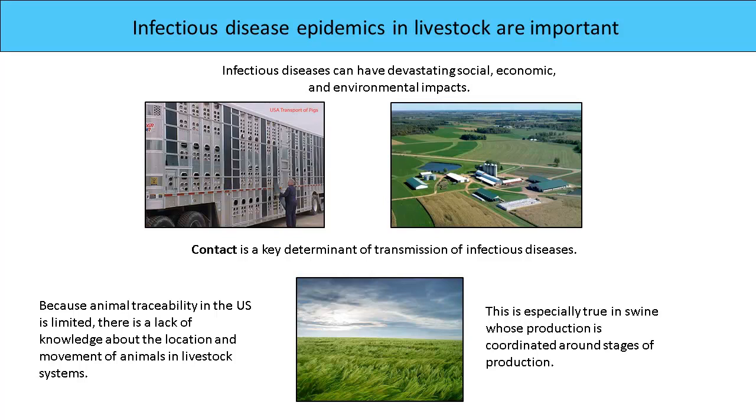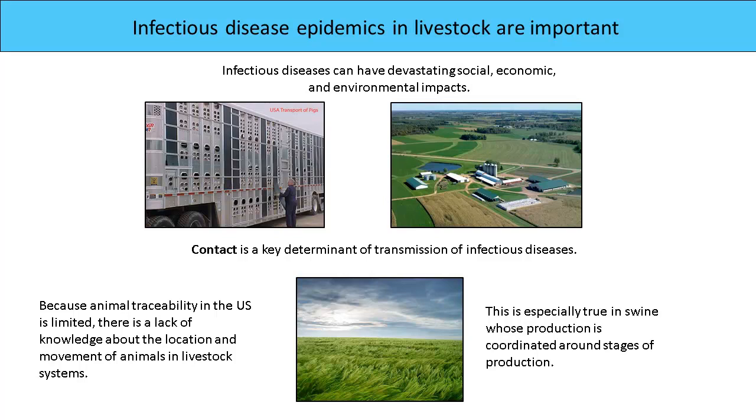So we know that infectious disease epidemics are important to livestock and that there are numerous diseases that can have and do continue to devastate the industry. This includes both endemic pathogens like PRRS and PED, but also foreign animal diseases, which we don't have much experience with here in the United States. But if we understand how viruses move around and how pigs are moving around, we might have a better idea, if we did get a foreign animal disease, of how it might move and how fast it might move